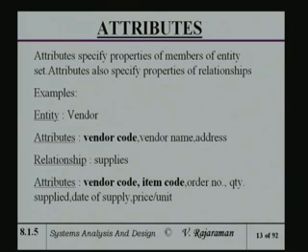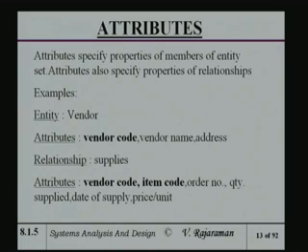Okay, and supplies will have it relates two different entities. So the attributes will have both the entities which take part in the relationship between vendor and item. So there is a vendor code and item code, both given in boldface to indicate that the relationship supplies actually connects these two. And the attributes are: you have ordered a certain number of items from a vendor, and normally